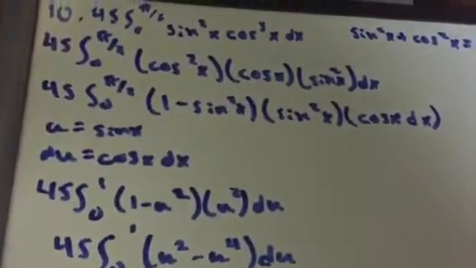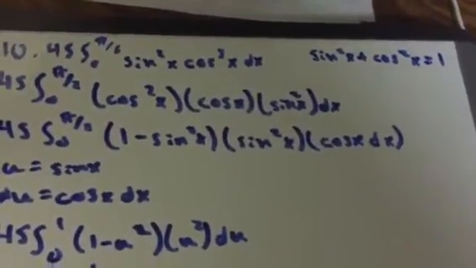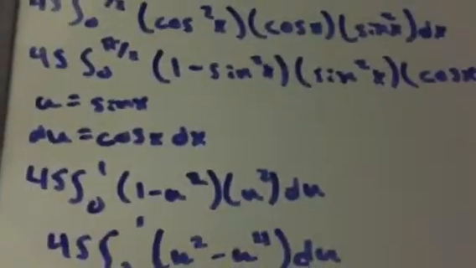Now, like I said in my previous video, you can either change the bounds, or resubstitute u at the end. I chose to change the bounds, so I put 0 into sine x, which is equal to 0, and then pi over 2 into sine x is equal to 1. So the new bounds are 0 to 1, and we're left with 45